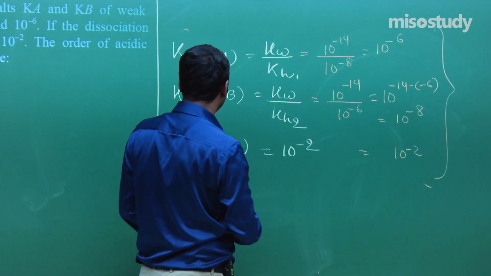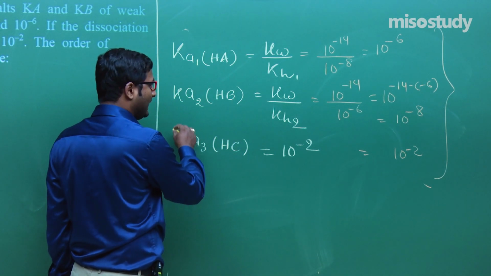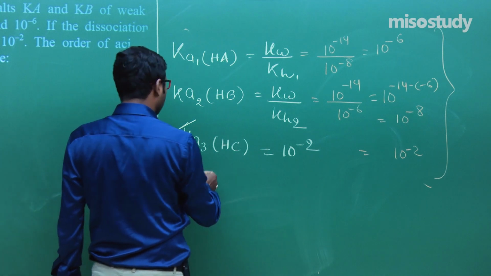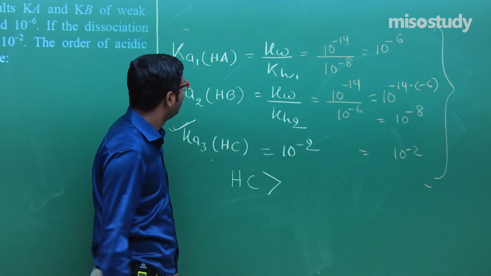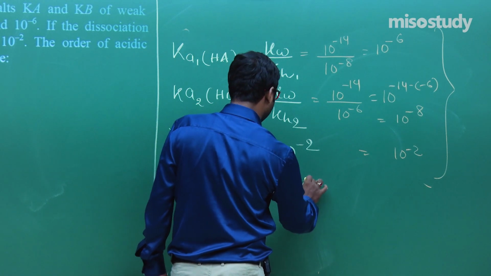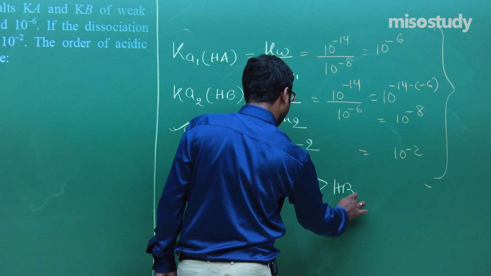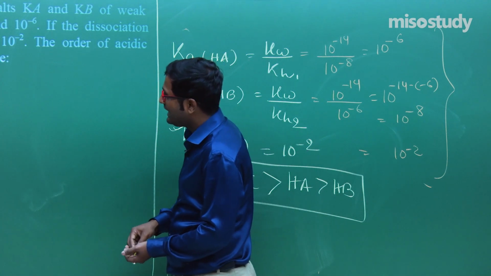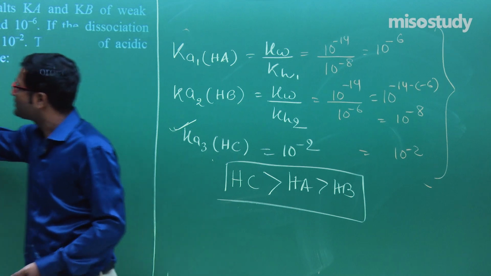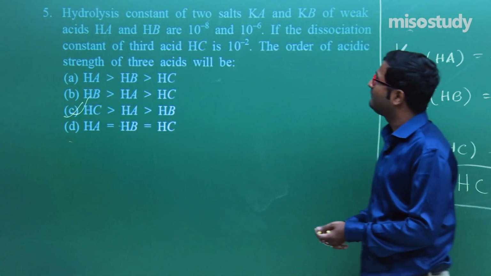Now tell me which one has a higher value of K, that is Ka3. Ka3 is higher, that is Hc will have more acidic strength than Ha, than Hb. This is the order. Now check out which option is correct. Hc, Ha and Hb. This one. This is one of the good questions. Again I am giving you